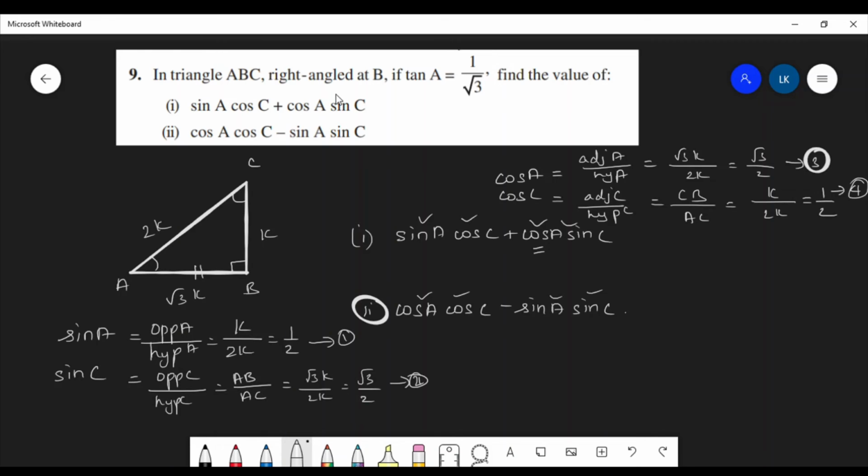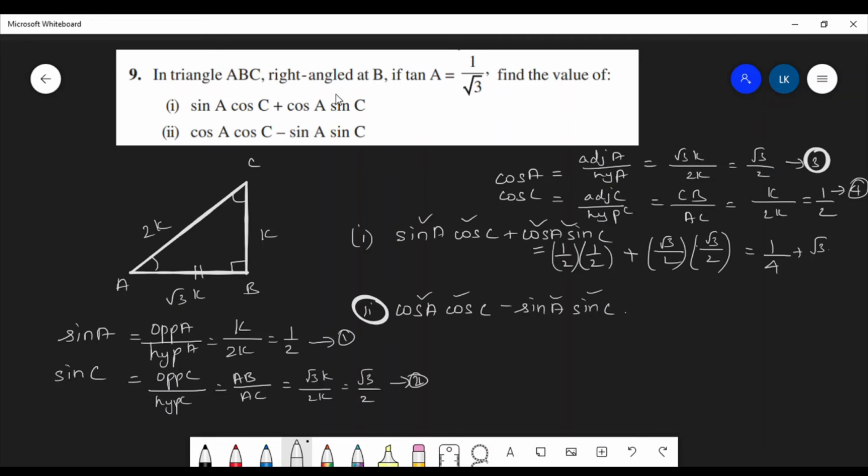Okay, equation number 1 is sin A. Sin A value is 1 by 2. 1 by 2 into cos C, whose value is equation number 4, which is 1 by 2. And cos A value is root 3 by 2, which is equation number 3. And sin C value is root 3 by 2, which is equal to 1 by 4 plus root 3 into